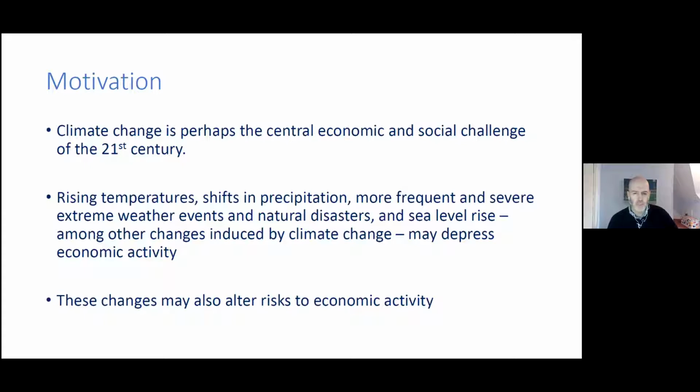The current Secretary of the Treasury, Janet Yellen, has often called it an existential threat to the planet. And she's just building off of others. But climate change is a very important issue. Rising temperatures, shifts in precipitation, more frequent and severe extreme weather events and natural disasters, sea level rise, among many other changes induced by climate change may